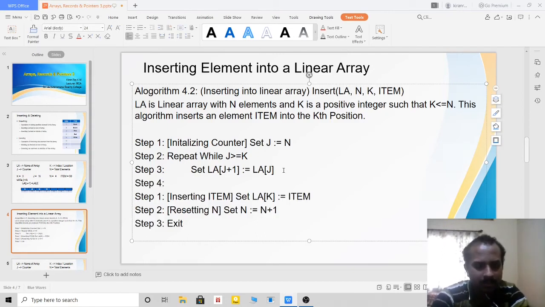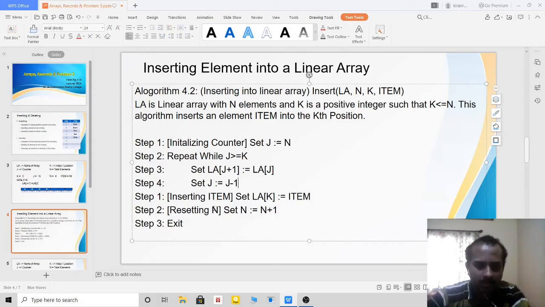So I am making set j is equal to j minus 1, right? After every step I have to decrement, right? First it will be 4, then it will be 3, then it will be 2, but when it comes to 2, the condition will fail, and when the condition fails, you will come out of the loop.